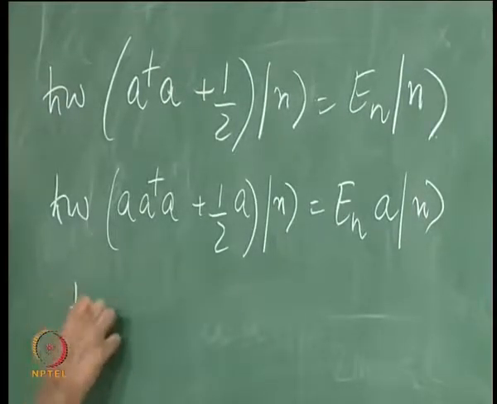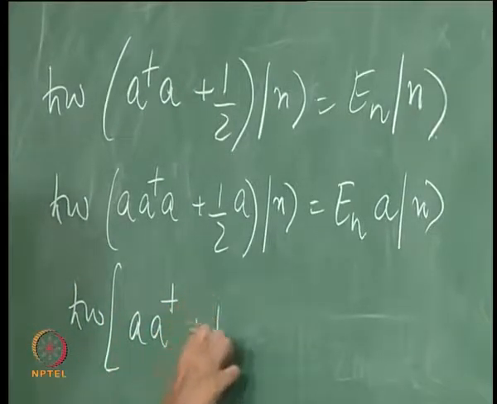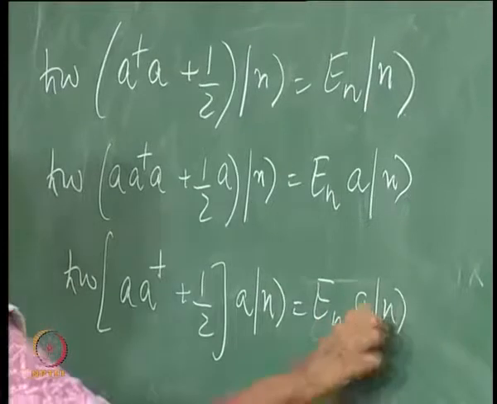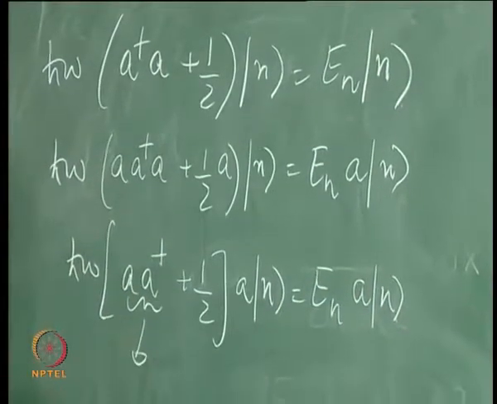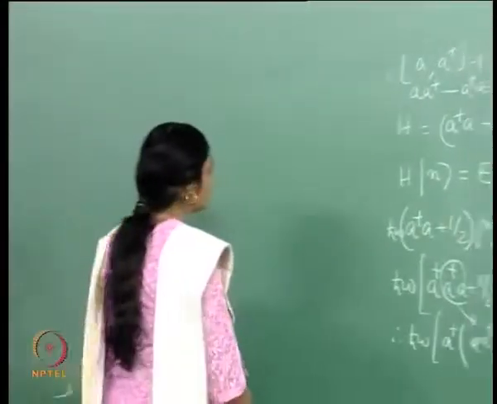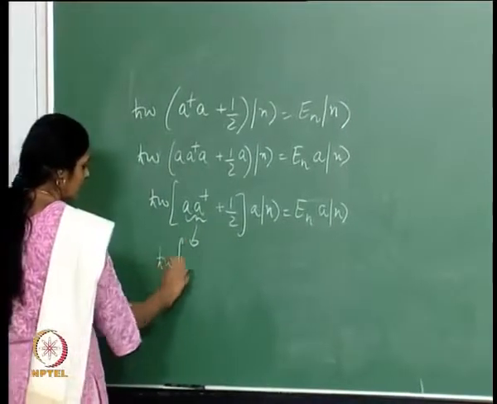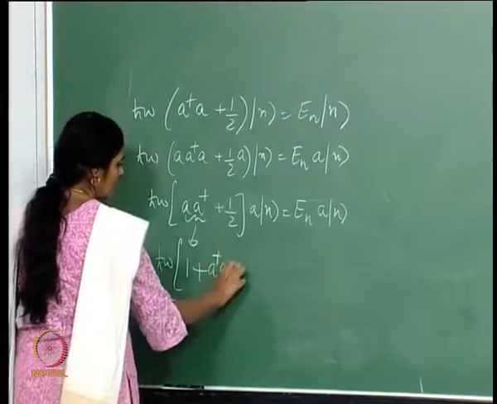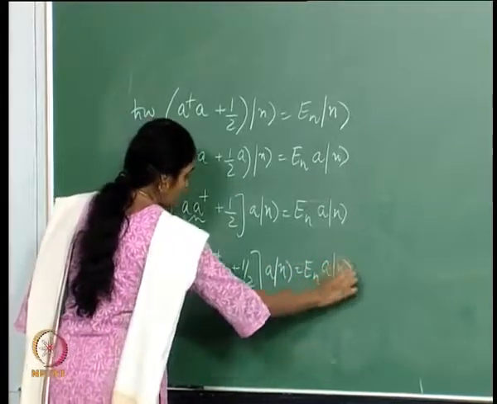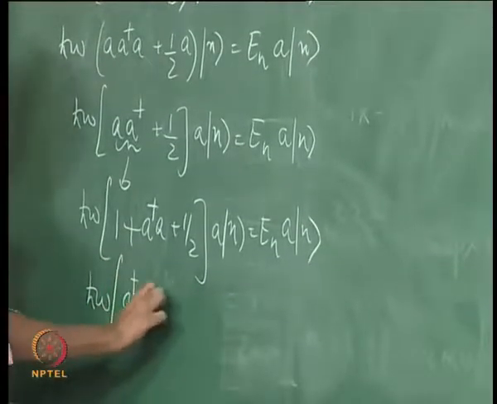Well, certainly that tells us that A dagger plus half A n is E n A n, and this object, using the commutation relation, we have got A dagger there. So A dagger is 1 plus A dagger A. In other words, what I have shown is this: